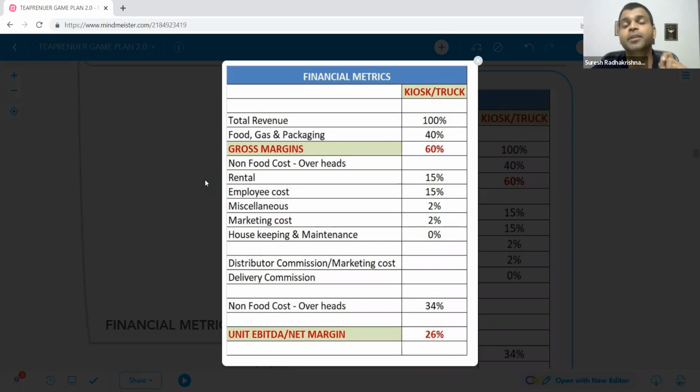He has hired a team master. He's paying 35,000 rupees. He has been running this outlet for 10 months. How much has he spent on this one resource? 35,000 into 10 months becomes 3.5 lakh. He's making close to 3 to 3.5 lakh per month, but he's complaining that he's not making money. What is the reason? The resource is highly paid.